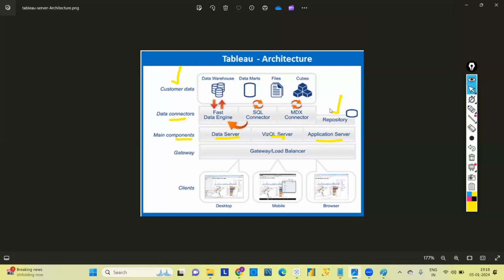So as I said, there is a repository available in the Tableau server. This will contain the complete details of the users, of Tableau groups, or if you create any kind of groups in Tableau. There are some concepts in Tableau called groups and sets, which we will discuss in further classes. But all the details, like if there are any subscriptions in Tableau,